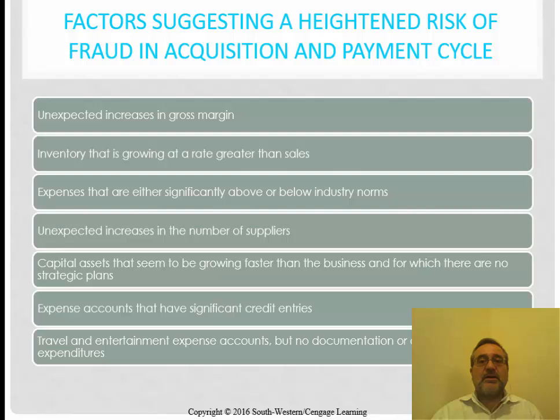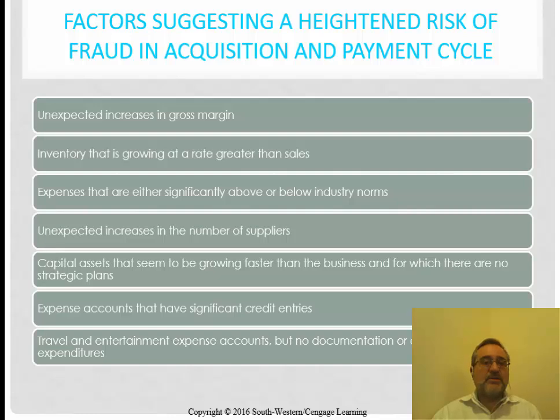Factors suggesting a heightened risk of fraud in the acquisition and the payment cycle. So we've talked a little bit about fraud related to inventory. Now we're talking about fraud as it relates to the purchasing cycle, as we are acquiring and paying for items. An unexpected increase in gross margin, inventory that's growing at a rate greater than sales, expenses that are either significantly above or below industry standards,